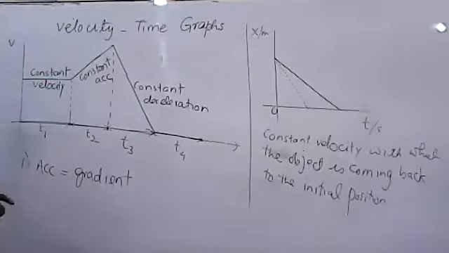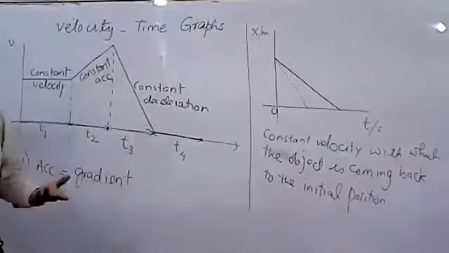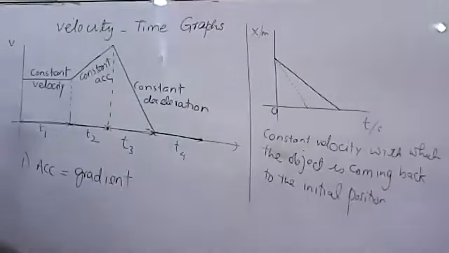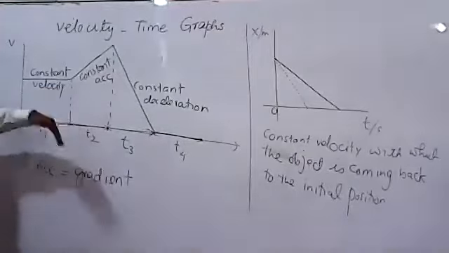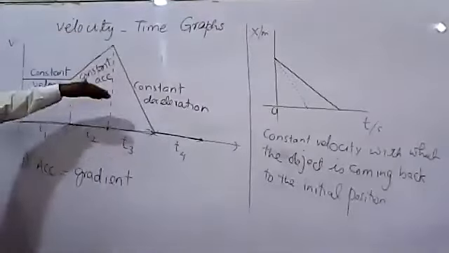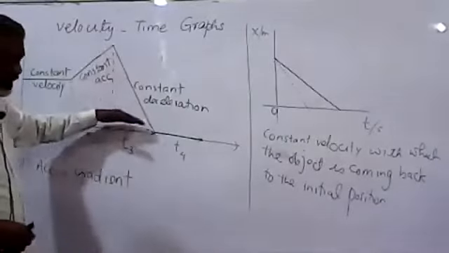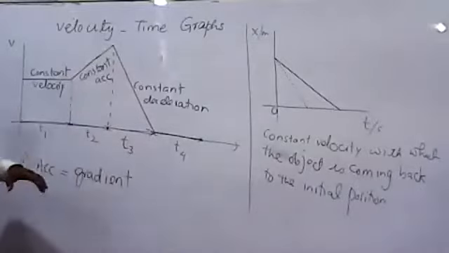It could be a positive gradient, meaning velocity is positive, which usually indicates one direction. But if the values of the velocity are all on the same side, I mean velocities are not negative, they all have positive values here, that simply means the object is slowing down but it is not changing its direction. But you will see,